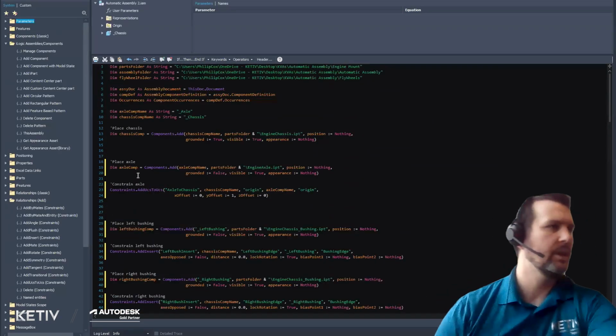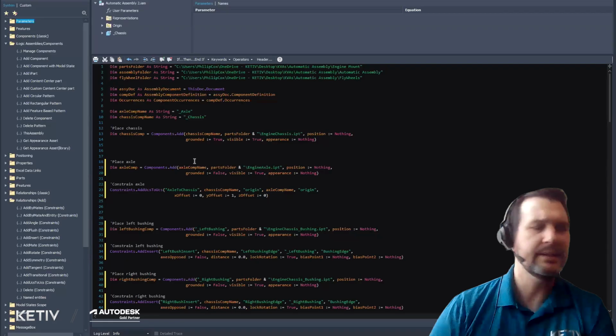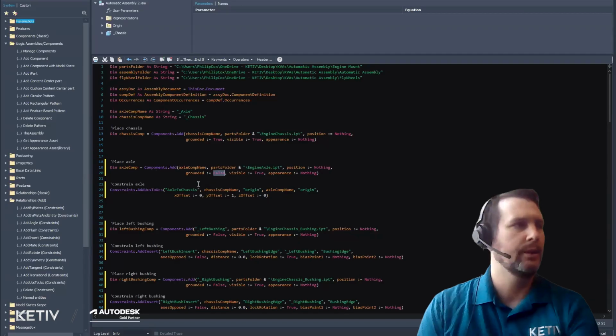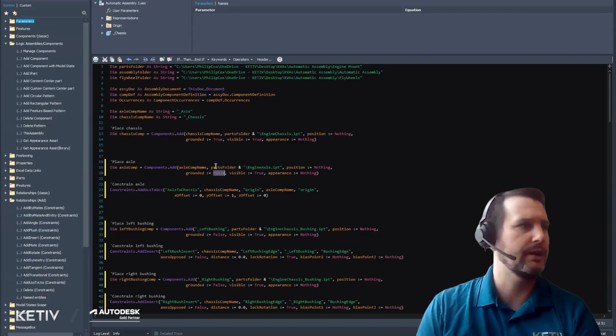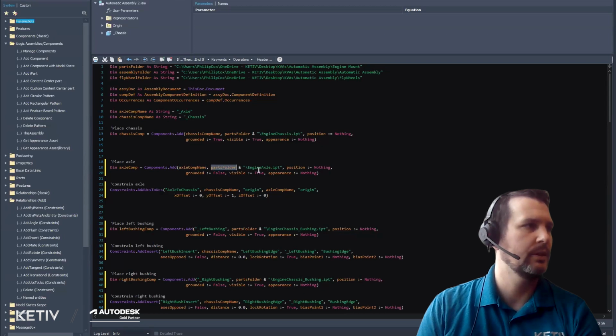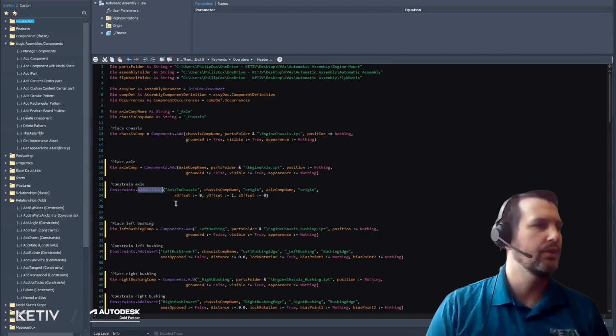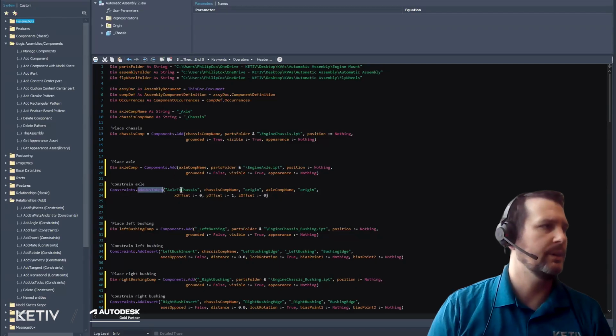Okay, so back here, now we're going to place the axle. Nothing really is different on this one. We're just going to add, besides the fact that we're not grounding it here, because we're going to want to constrain. So we give it a name, this time underscore axle, parts folder, engine axle, non-grounded. And we're going to do this one, UCS to UCS constraint. So UCS to UCS, that means that we're going to,